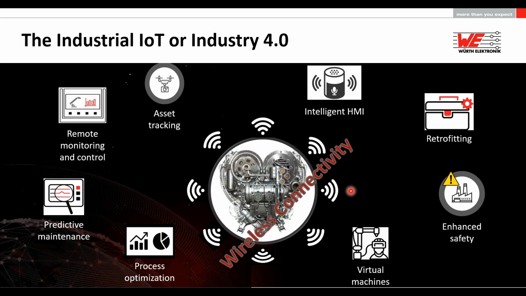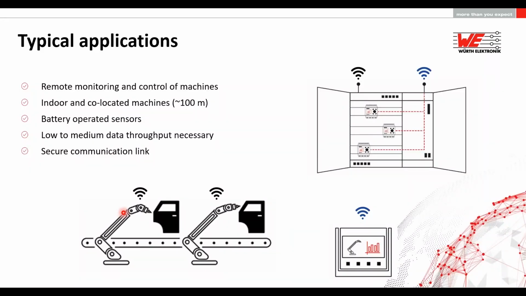For the sake of simplicity in today's discussion, let us consider the most often used application in an industrial setup: remote monitoring and control. When you think of remote monitoring and control, as you see in the picture here, there is a robotic arm that is being controlled remotely and is more or less fully autonomous, but there has to be some kind of maintenance that needs to be done. The system needs to be monitored in order to prevent outages.